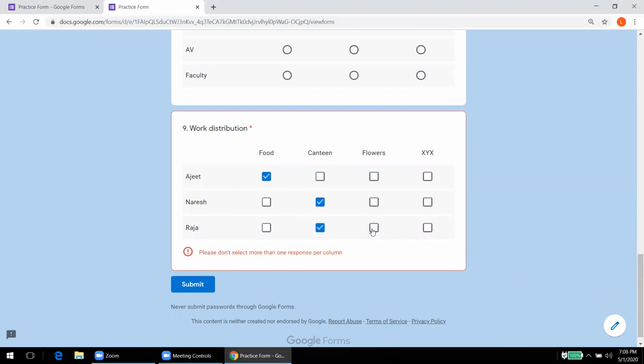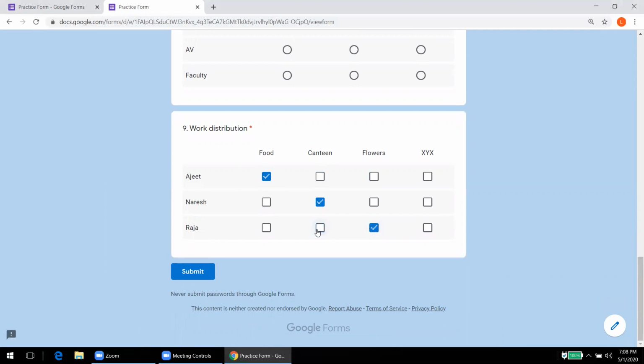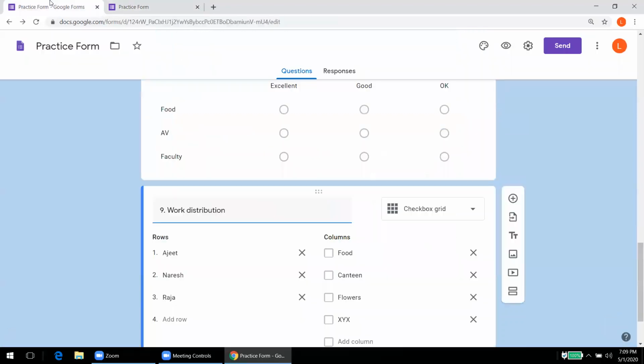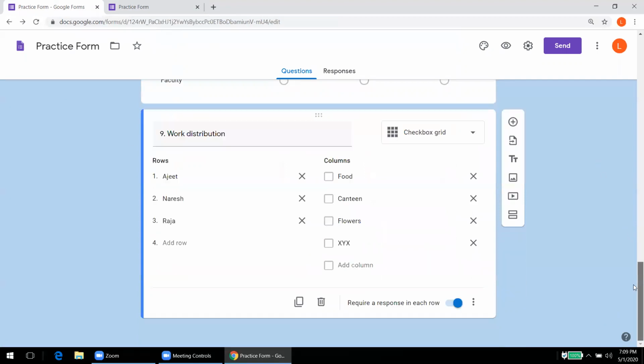It means he'll have to do something else like this, and I'll have to remove it. So that is how we can modify this checkbox grid type of question as per our subject requirement, whatever we wish to ask from the student and how we want to ask.